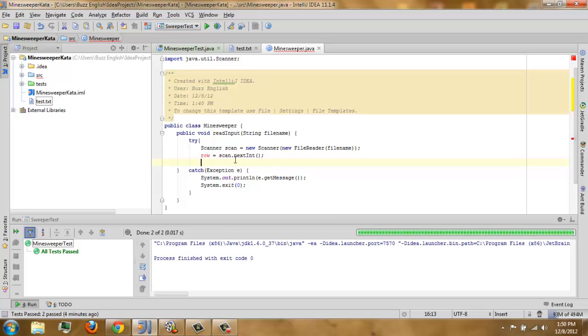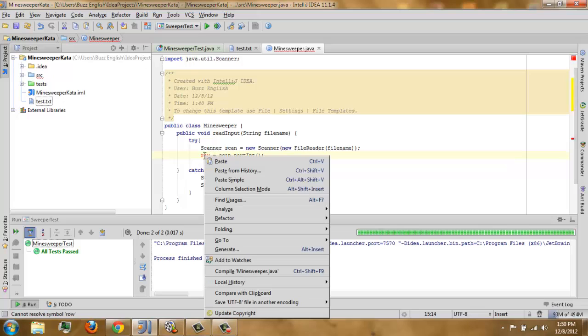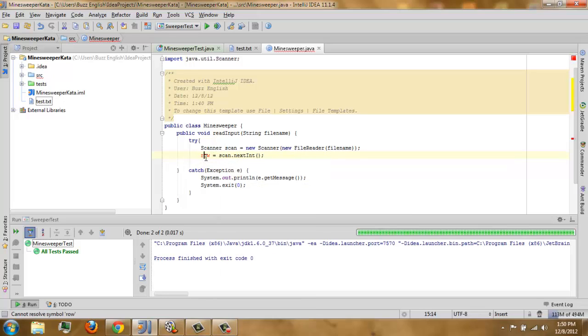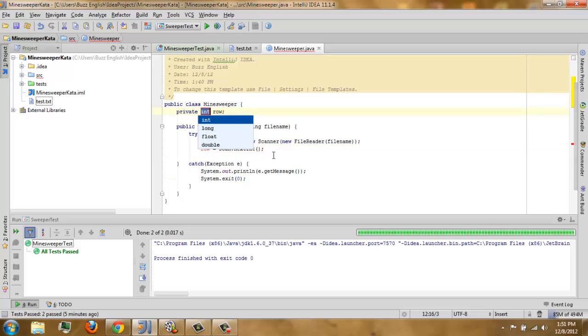We have a red, meaning we don't have our row yet, so create field row. It's okay to make it private.